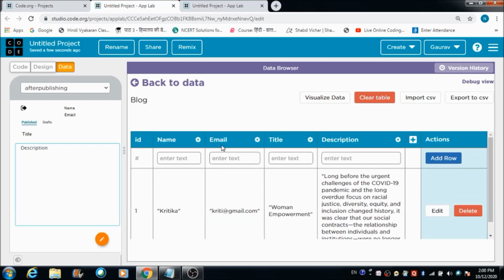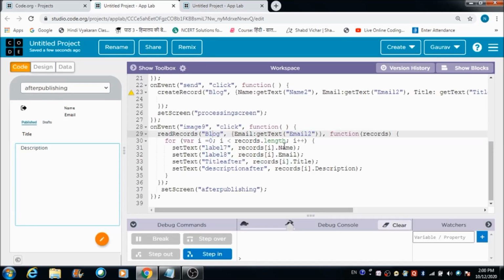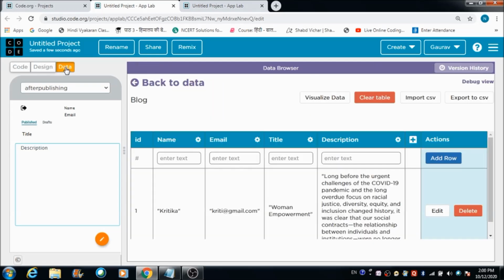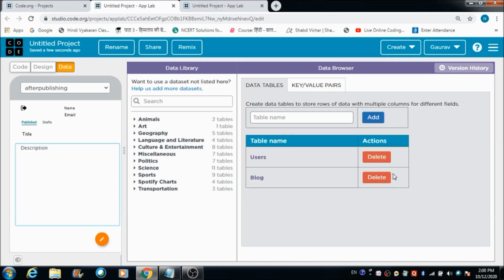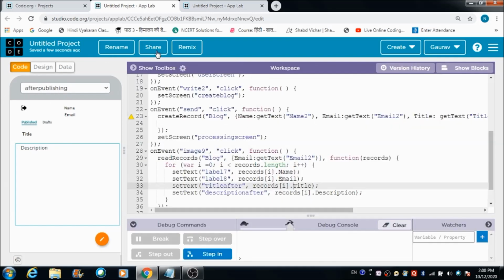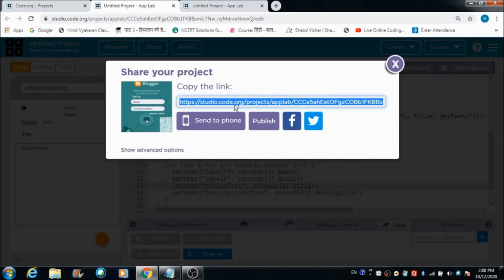So they are getting stored in this email column. So this is perfectly fine. So what is the issue? Why are we not able to fetch the email ID? Let's do one thing. Let's check out the code once again. Okay. I'm saving my project.